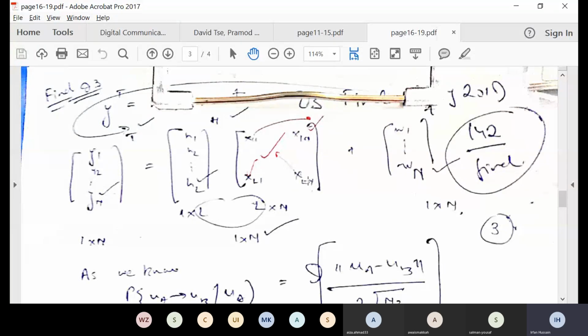Noise will be present in each of the outputs of Y. Achha, if I ask a question,